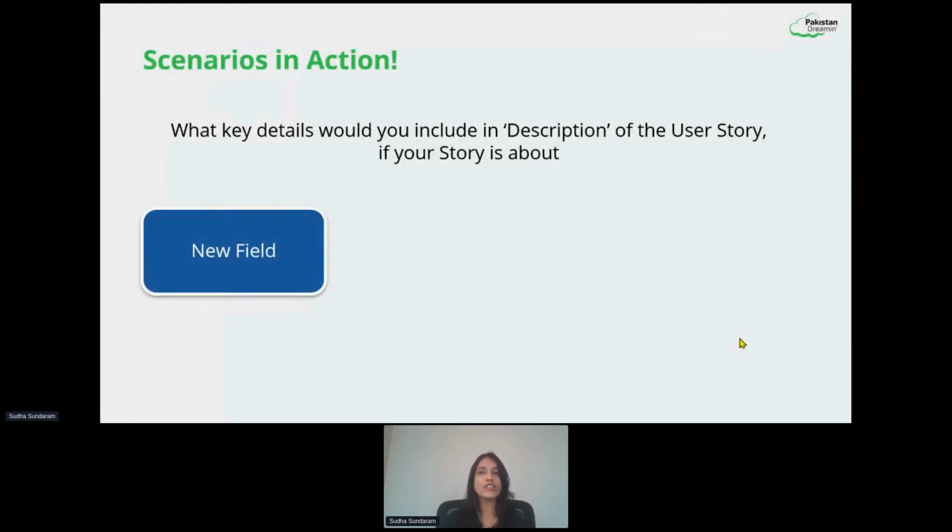We might also need to think about where I position this field, which page layout, under which section, where it should go and sit in the page itself, right? And also things like, is this going to be a required field? Who can edit it? Who cannot edit it? All your field level security. You might actually want to think into all the scenarios while you're trying to add more details to your description,